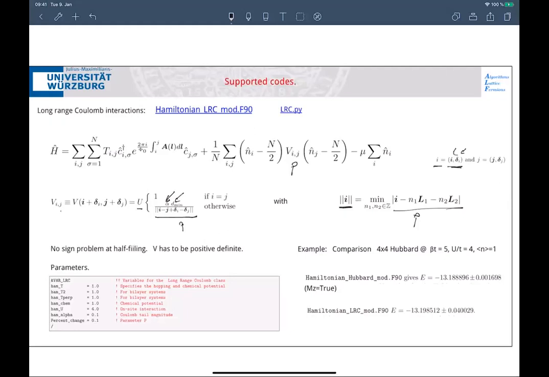It's very modular, so it's extremely easy to change the code so as to read in this full matrix. We could do this in an hour, or even less. If you don't specify, you could have a file in your starting directory. The code could inquire if this file is present, and just read the V of ij's from there, and you could run. The only thing you have to be sure of is that V has to be positive definite, otherwise you cannot do the Hubbard-Stratonovich.